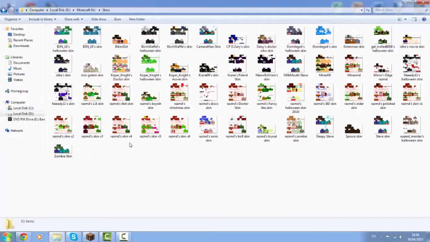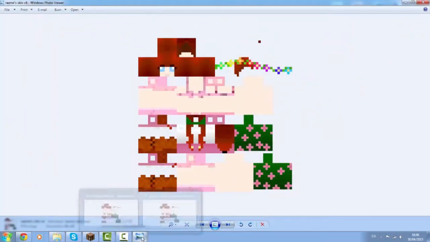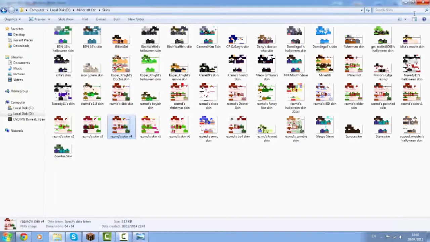So by the way, this is the final product. I know most tutorials don't show it, but this is the final product. This is the 4-bit skin, whilst the regular skin looks like this. So look at the change. This is the regular skin. This is the 4-bit skin. Regular, 4-bit. It still has the same effect as the regular skin, but it's not basically the same. So yeah, now we can go out of these two.